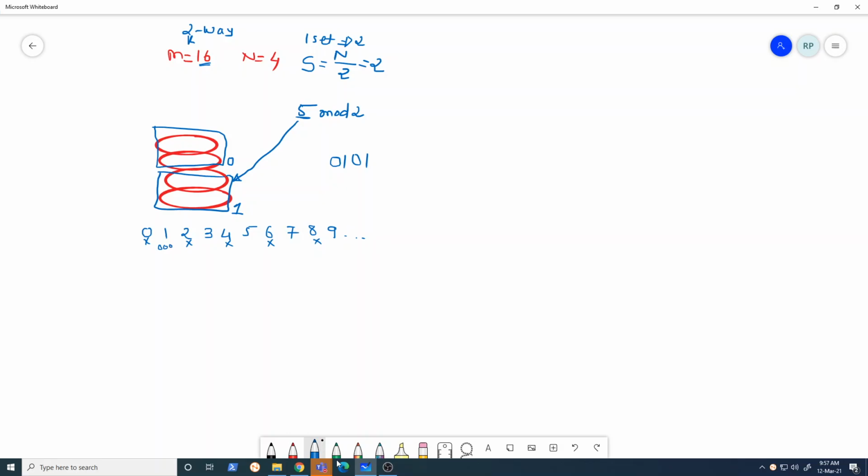For 3 it is 0, 0, 1. For 5, 0, 1, 0. For 7, 0, 1, 1. I am not representing this number in binary, I am just representing their position, because we want 1, 3, 5, 7, 9, like this, right? Those numbers are in combination for block 1. Okay, so